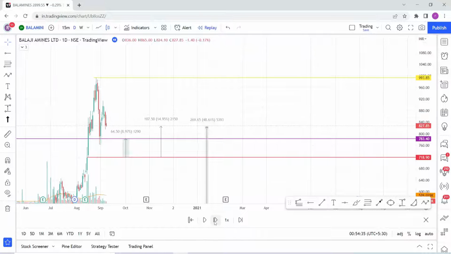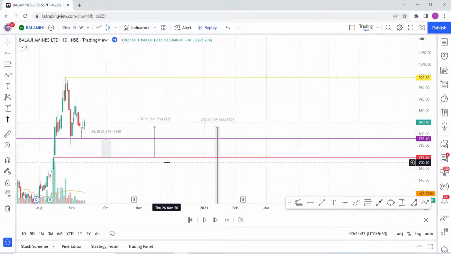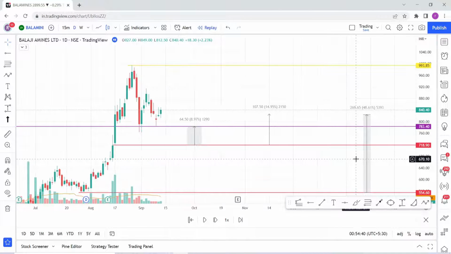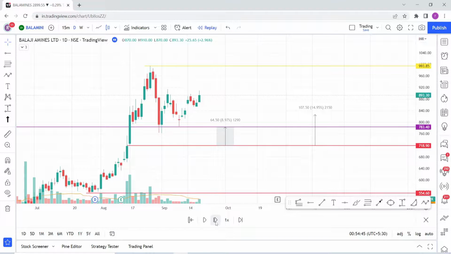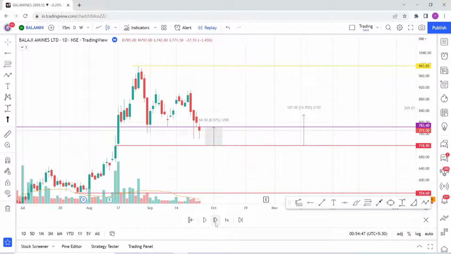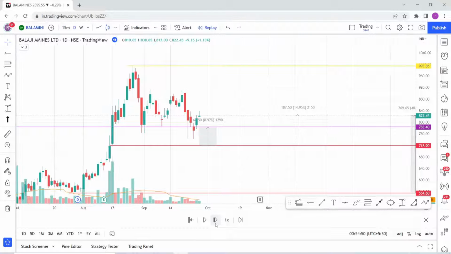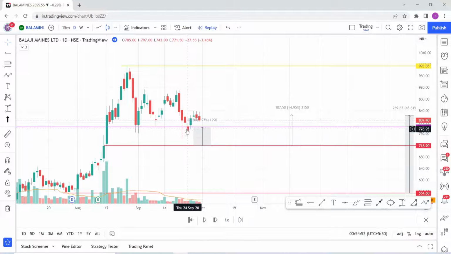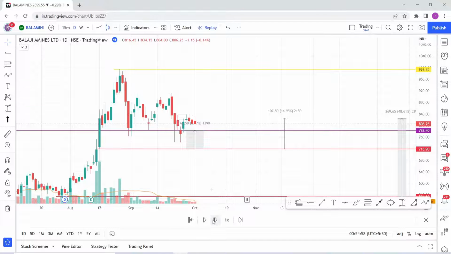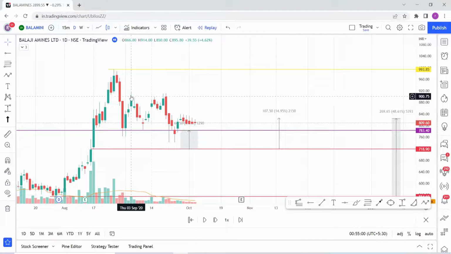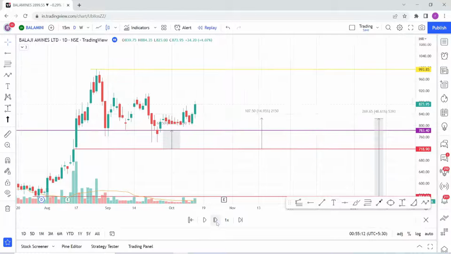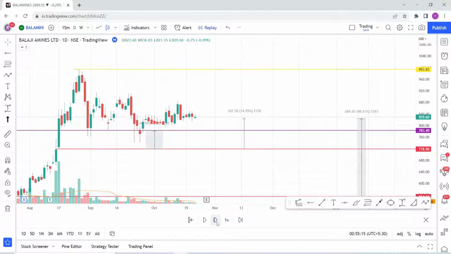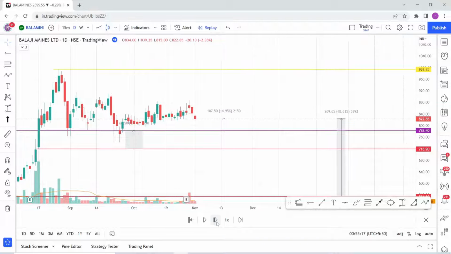Now the price is again, let me expand this so that it would be clearly visible. The price is again making a movement, but it is almost range bound since it broke out. Price is almost coming near the stop loss, but we should not change our stop loss in any case. Whatever you are seeing here should not be considered as a swing low or swing high. So no change in our setup. The price keeps on moving. We adjust the